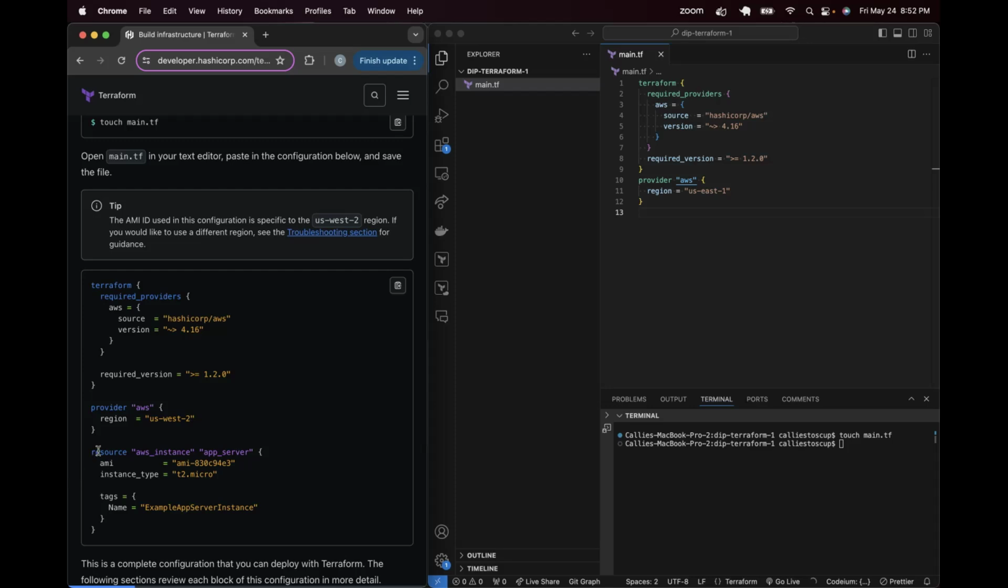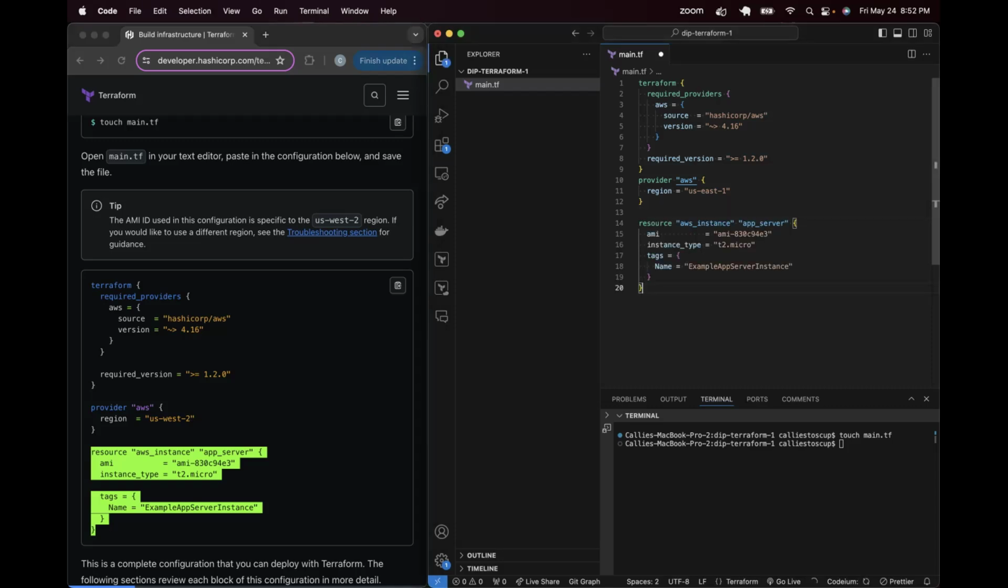We don't want to start out by creating an instance, but just so I can show you how Terraform works, we'll go ahead and copy this over. All right, so let's go back to